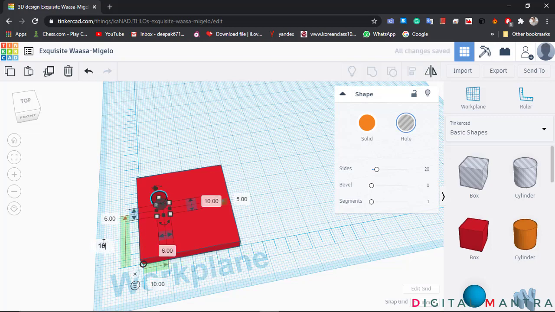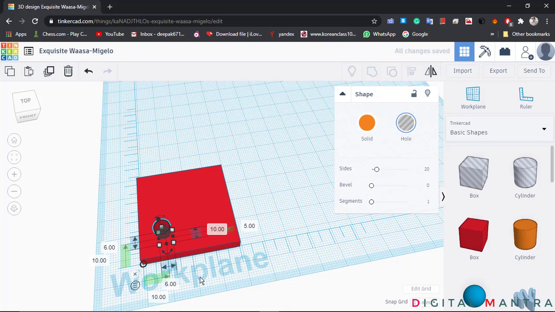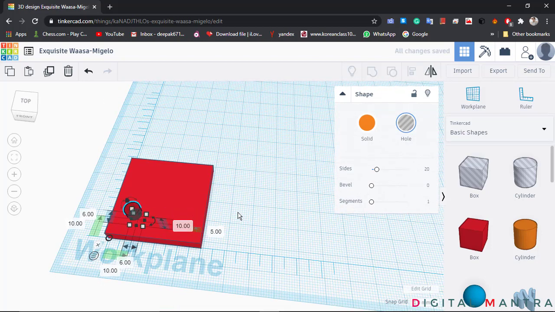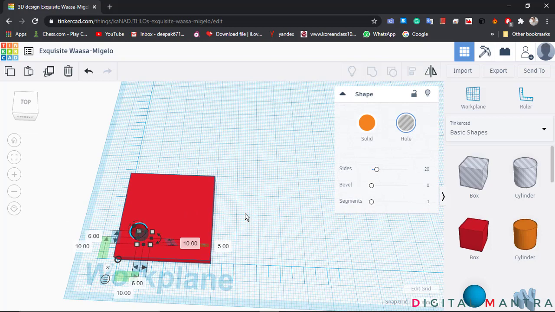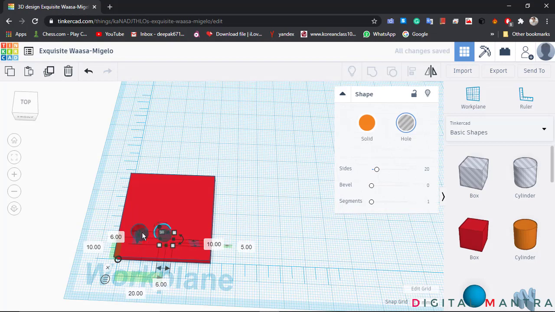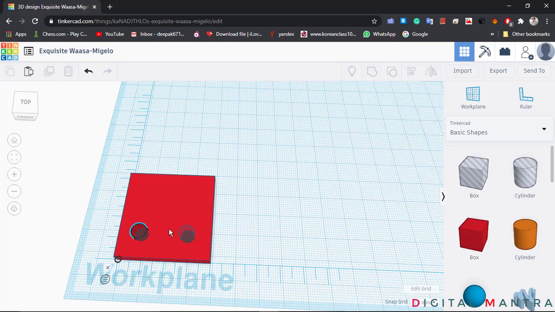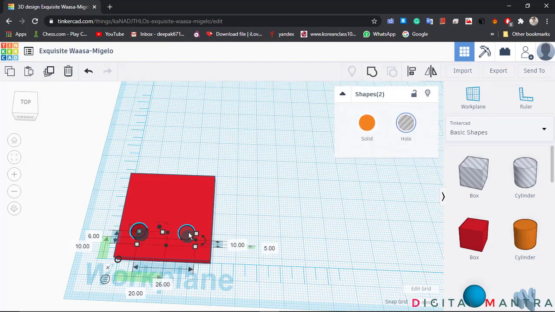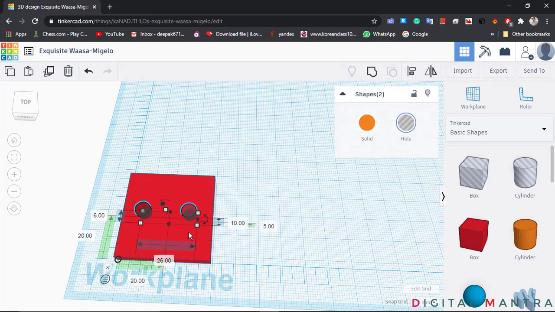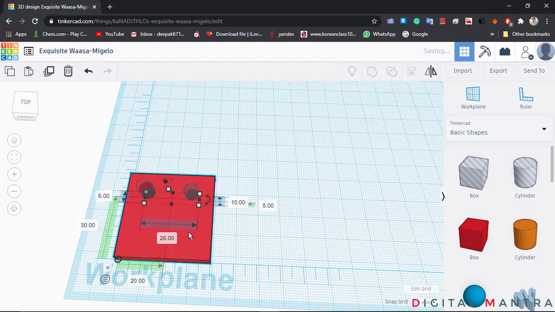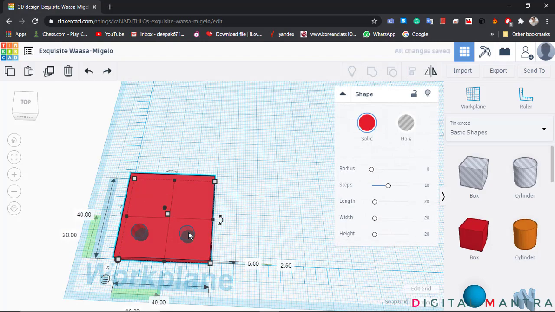So now we have the box at this equal position. With it selected, click on duplicate, drag it to the other side, and make it 30. You can also assign the value; it is automatically 30, so we will not change it.